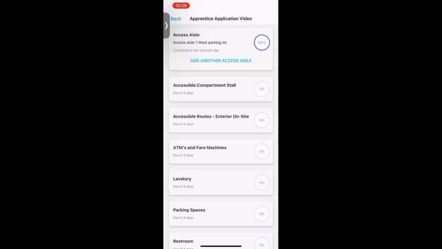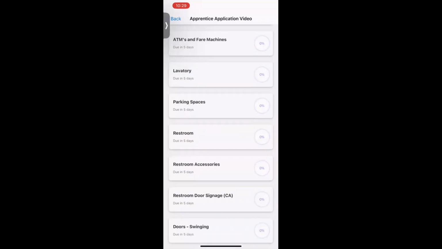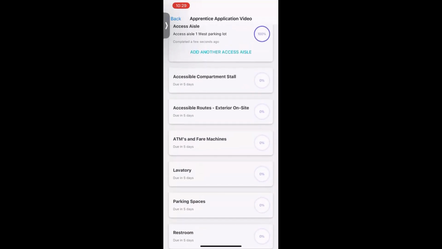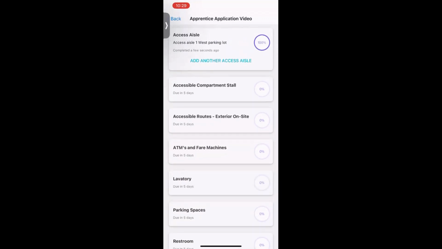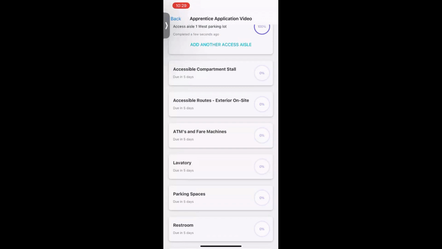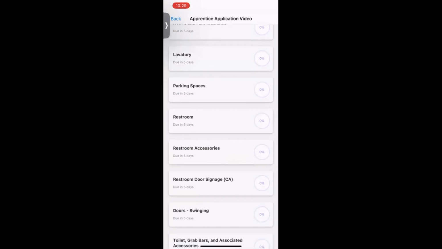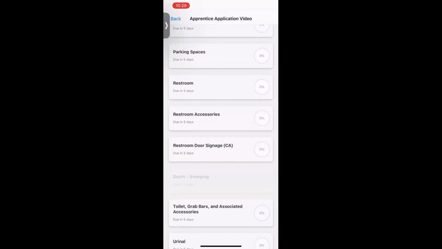Now the access aisle checklist is marked 100% complete. If I need to inspect another access aisle, I can click Add to start a new access aisle checklist. All of the checklists assigned to me must be completed before I can submit and close the evaluation. I will mark all of my checklists as complete and demonstrate the final steps in submitting an evaluation in the Apprentice app. However, before I do that, let's go back to the web portal and see what I've accomplished so